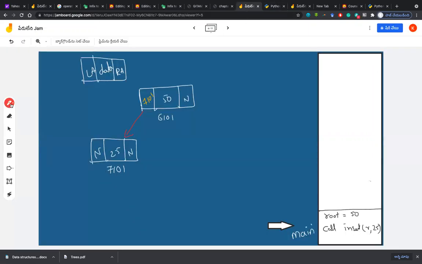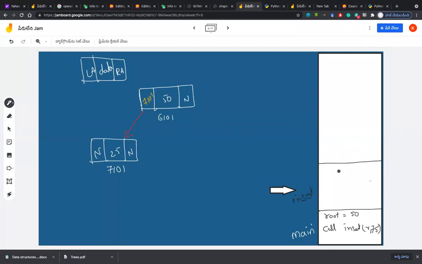In main itself, instead of 25, now I will place 75. I'm calling insert with 75. When I'm calling insert, naturally you have to push insert, so top plus 1. Don't think that it is all done by your computer. You don't need to put stack and all. So top plus 1 will be done, and the insert function will be called. I am showing you what happens in the memory.